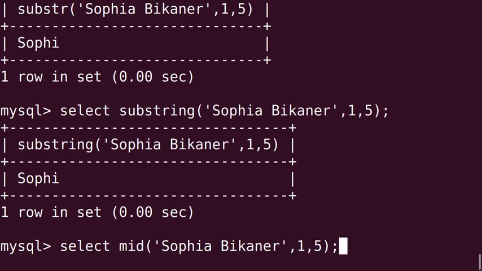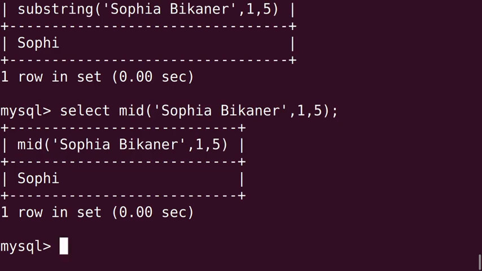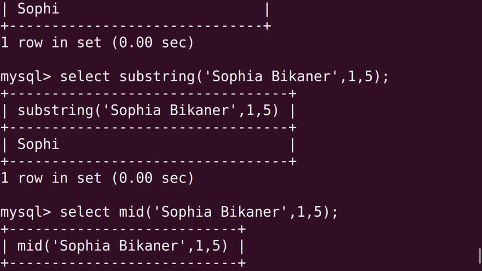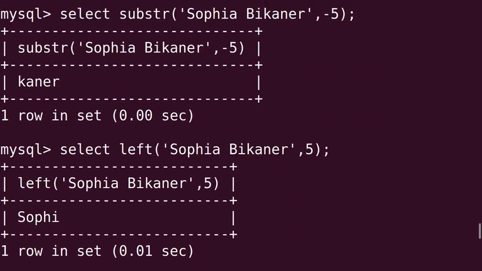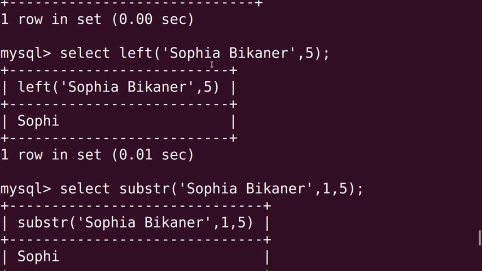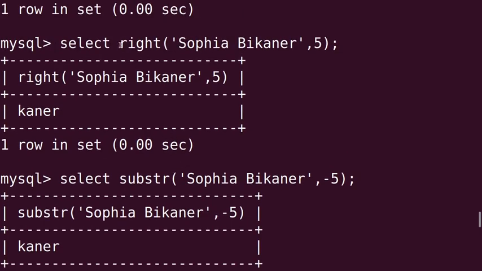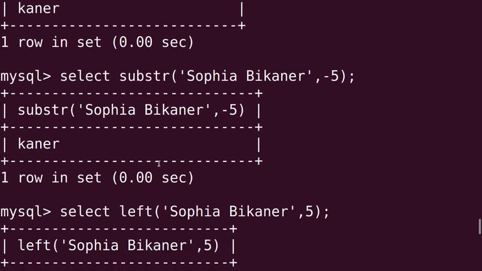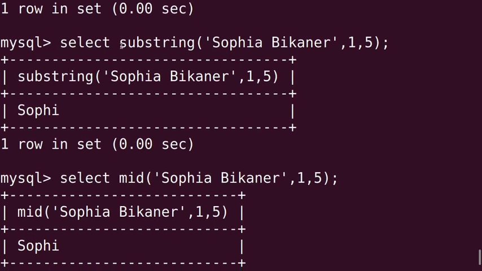Try with these. Okay, same output. So here you have seen the left function, sub-str, the right function, substring, the synonym of sub-str, and the mid function also. So let's go back to our presentation.